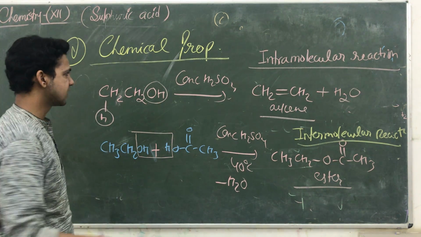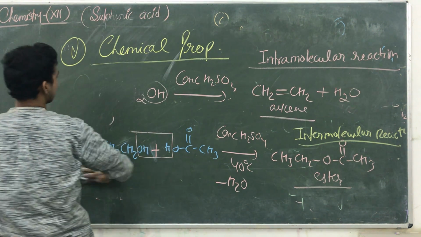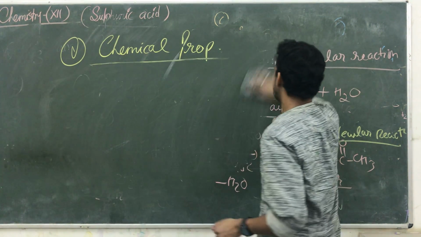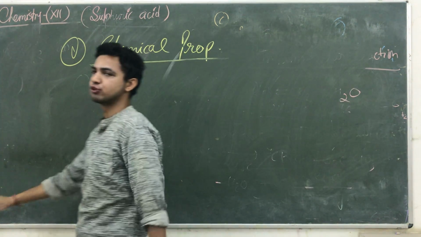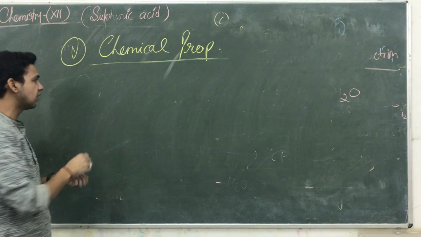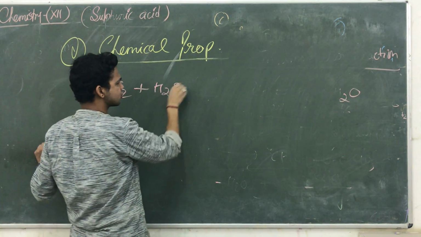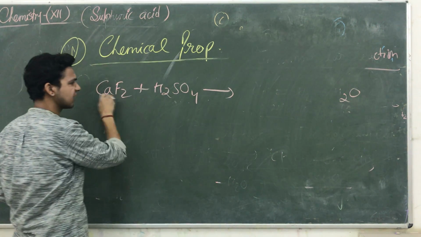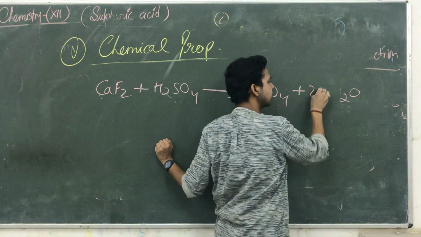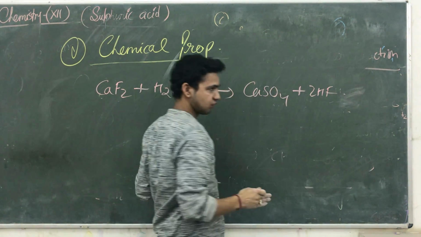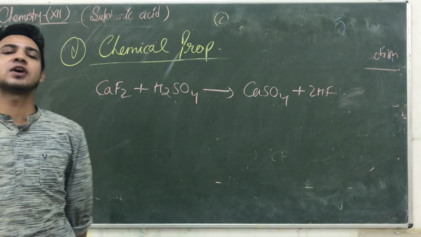The last properties is reactions with calcium fluoride और एनी मेटल हाइड्राइड. आपने फायर एक्सटिंग्विशर के अंदर जो आग बुझाने के लिए आप फायर एक्सटिंग्विशर यूज करते हैं उसके अंदर भी इसकी यूज पड़ा होगा. The reaction with CaF2 is a normal reaction with H2SO4. The Ca reacts with SO4, it gives you CaSO4 और दो हाइड्रोजन दो फ्लोरीन के साथ मिलकर क्या बनाते हैं? HF. It is a more strong acid.